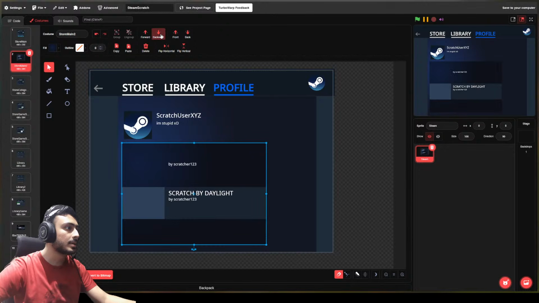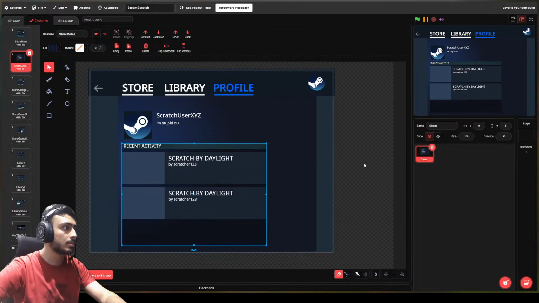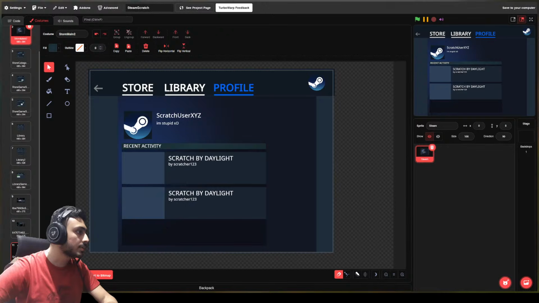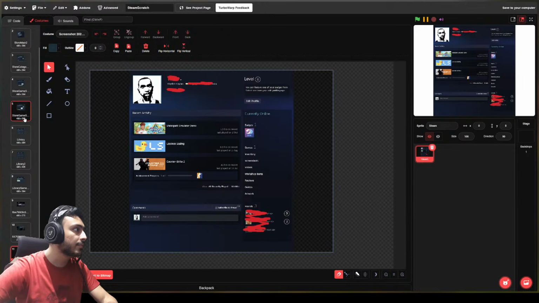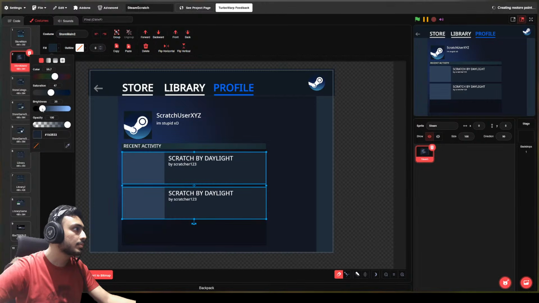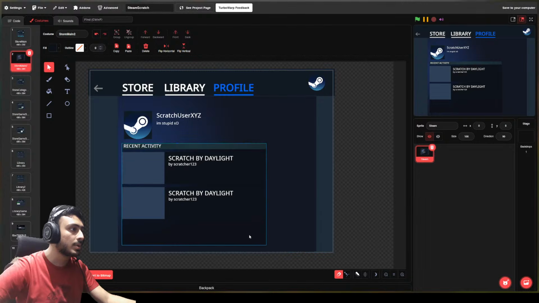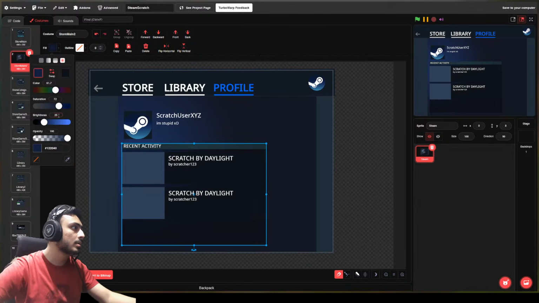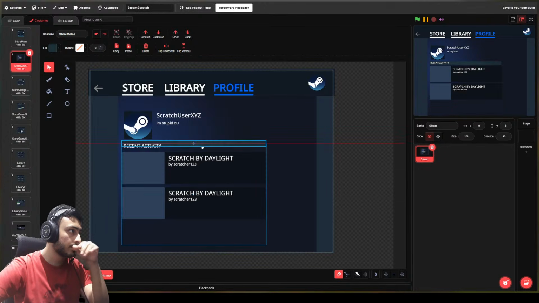Now let's see. Yeah, does this look good? I feel this is still looking weird for some reason. It's a very different color and it's very much light compared to them. Let's make them darker. 10. But then it's merging in the background, bro. Let's make this 15 then. Okay, now it makes sense.